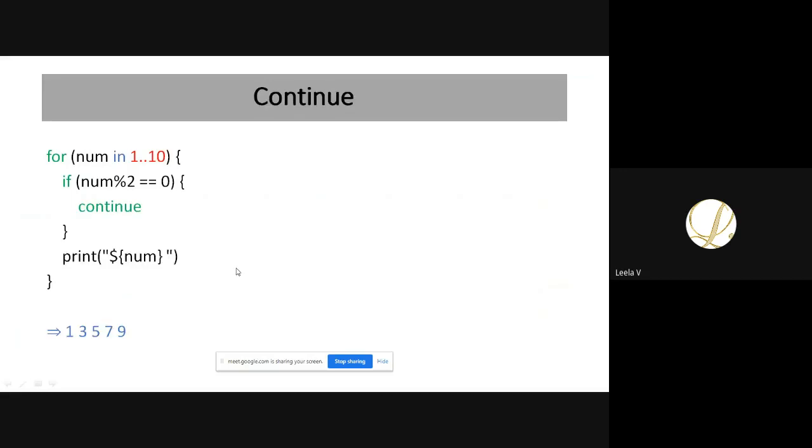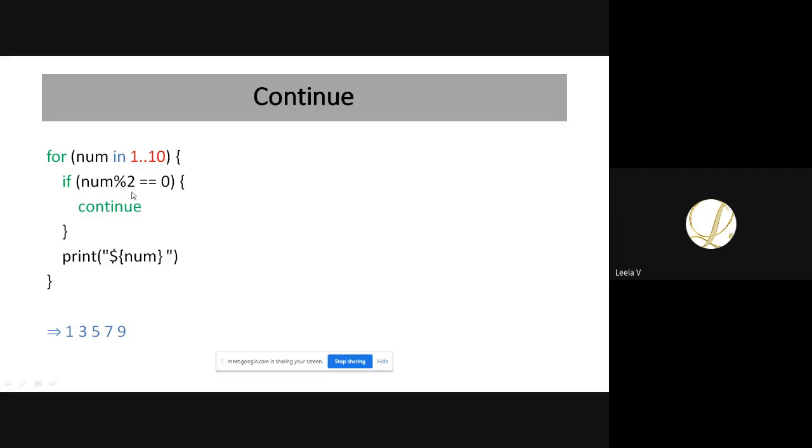And your last thing is continue. When you want to skip your current iteration and proceed with the next one, we can use this continue statement. So just see here, I'm giving the number range from 1 to 10 and I'm dividing.